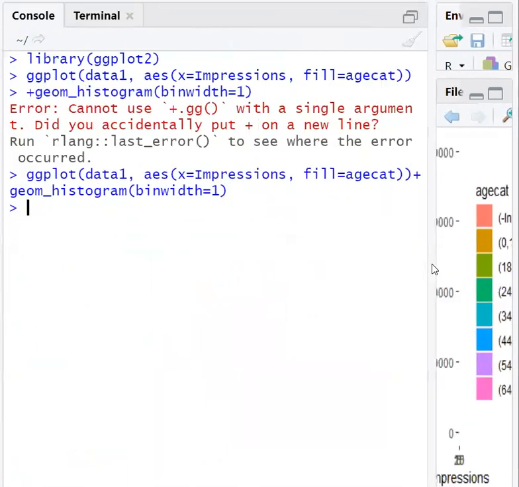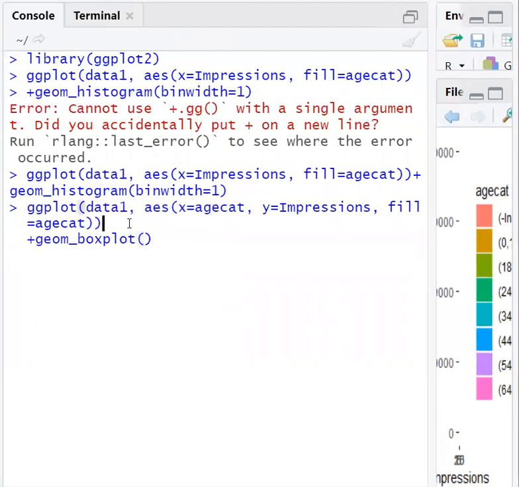Other graphs which we can plot include, this one was impressions versus category. So we can also plot a graph where on the x-axis we'll take age category, on the y-axis we'll take the impressions, and the fill type is age category, and here we are changing the graph type.